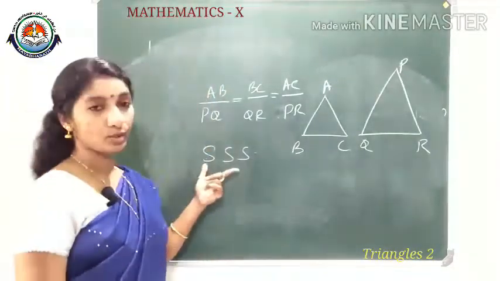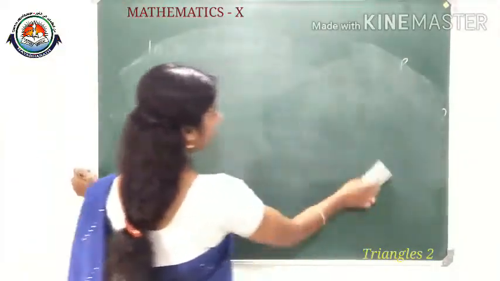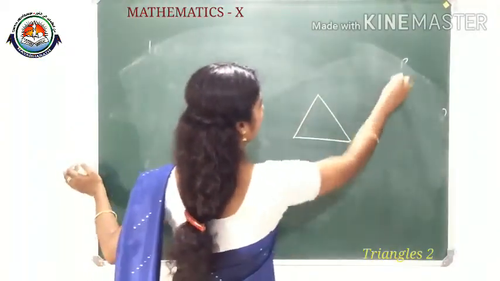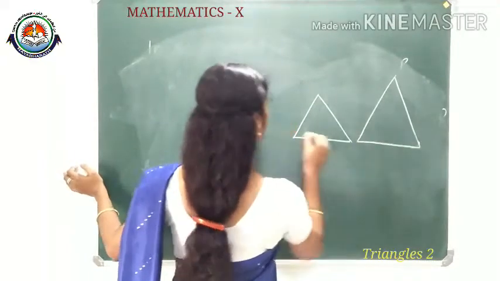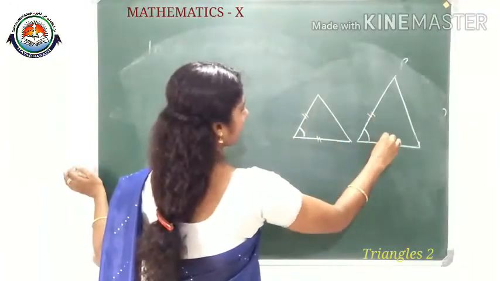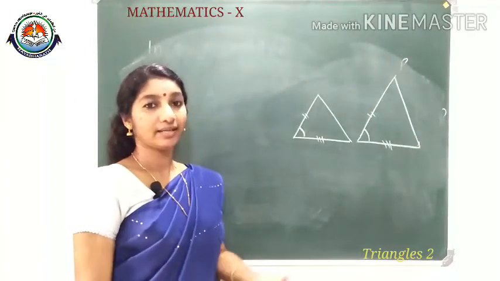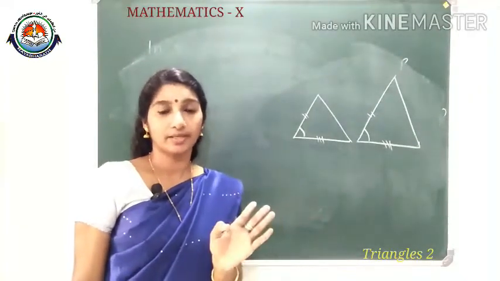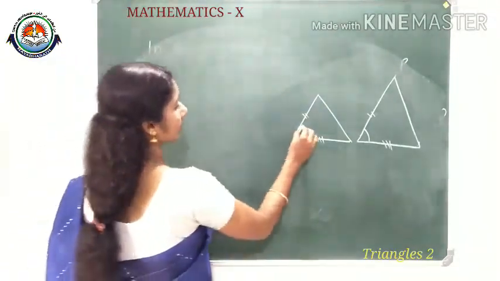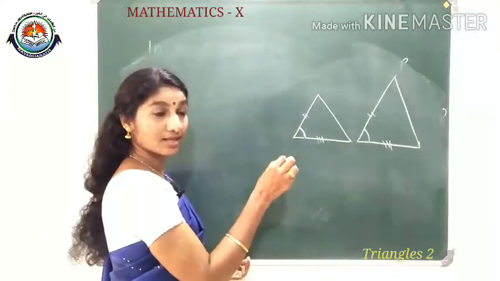Okay, so shortly we will use the SSS criteria. And one more criteria for giving the proof of similarity, to check whether two triangles are similar: two triangles are given with one angle equal, and the sides including that angle are not equal, but their ratios are equal. Since the size is not equal, sides may not be equal, but side ratios will be equal.